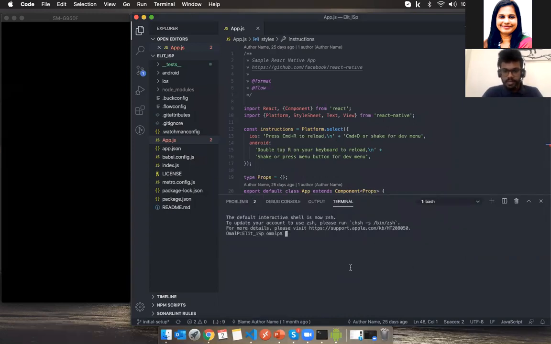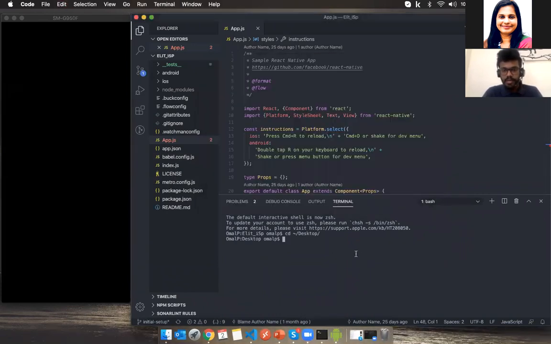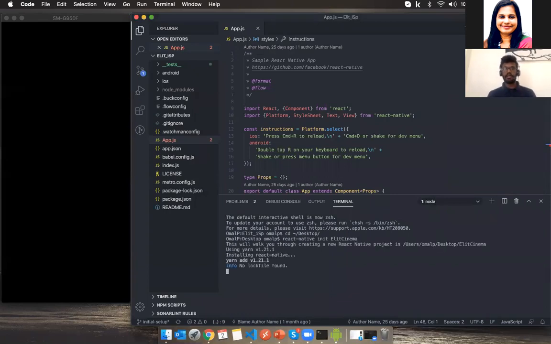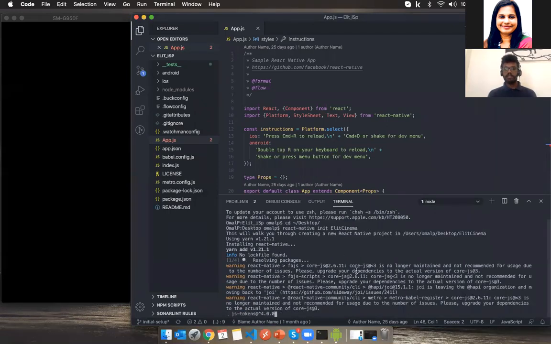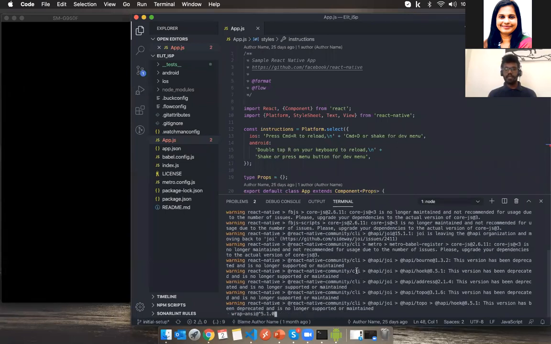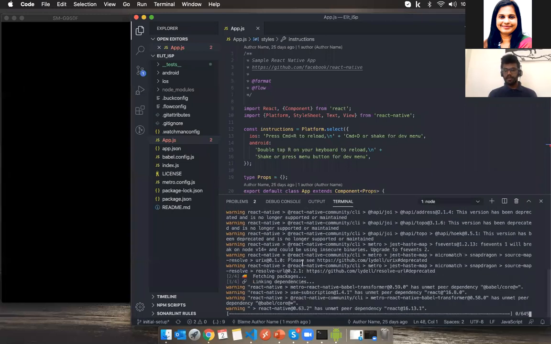So I'm using this terminal, as I'm having an issue with the previous terminal. Copy the previous command, paste it. Okay. So this will take a few minutes, depending on your internet connection. This will install a brand new project onto your machine. Since we are in a period of 1 hour, I will stop this, as I already have a downloaded project on my machine.